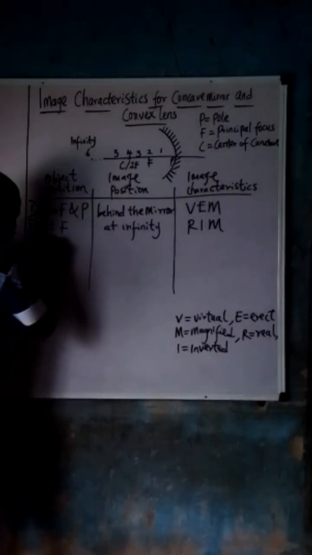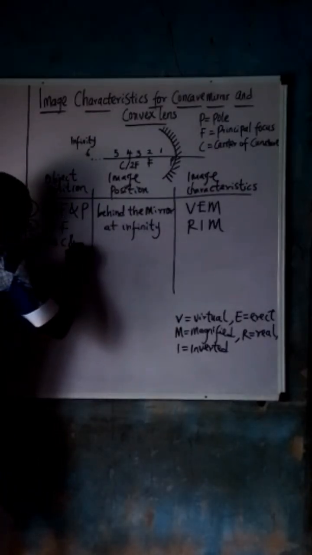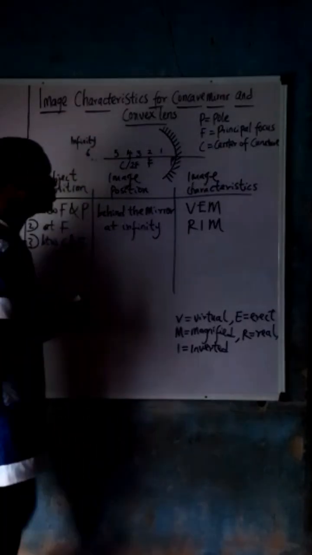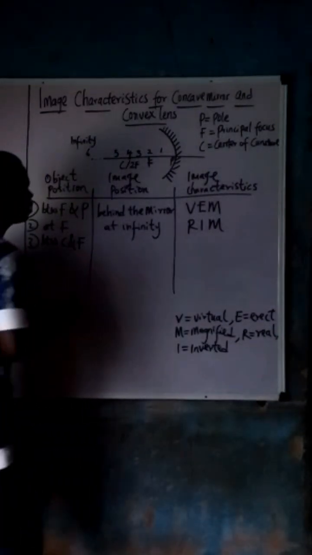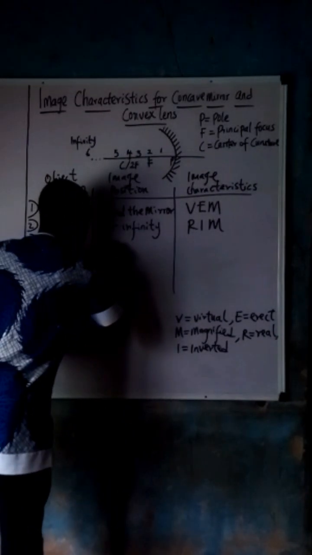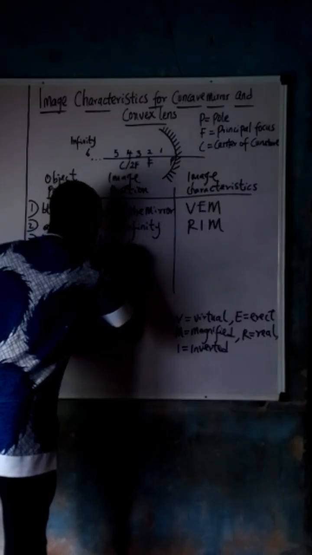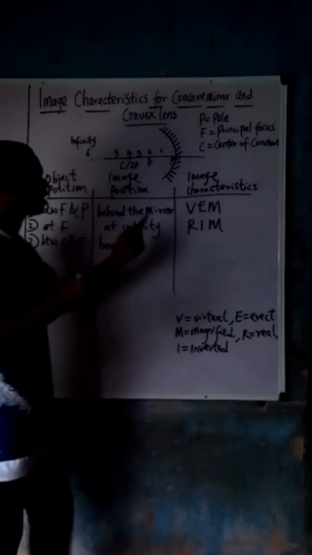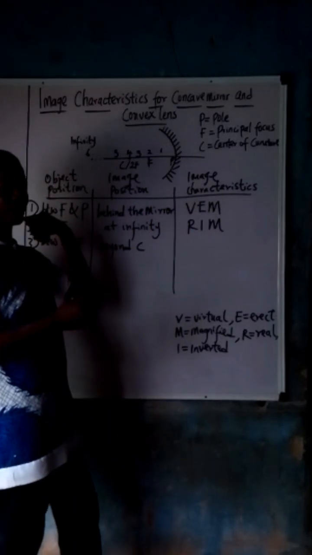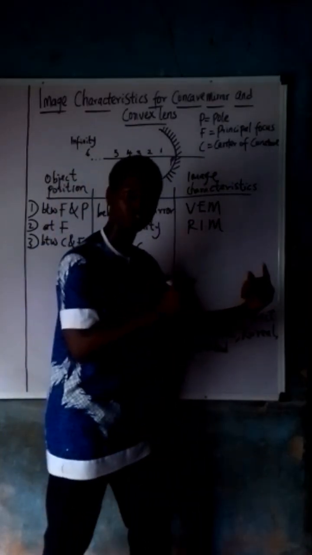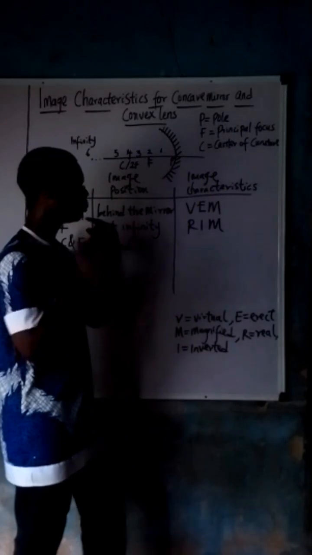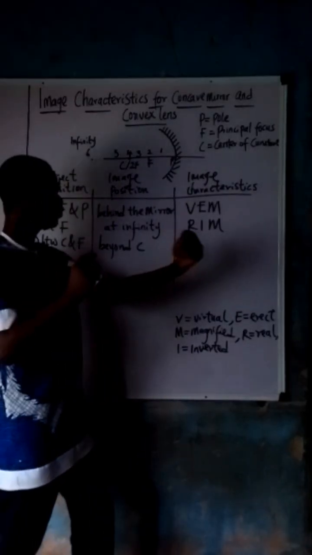Right, between C and F, where will the image be? The image will be formed beyond C. Beyond C. So observe something. You know we are moving in this way. Do you notice that we are moving in this direction? In terms of object position, we are moving in this direction. But you notice something. As we are moving away,